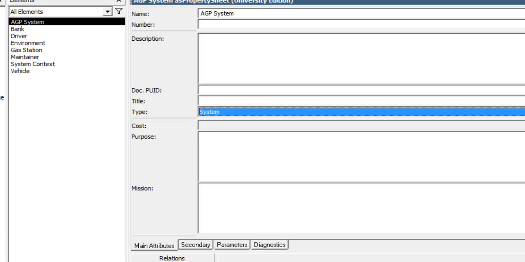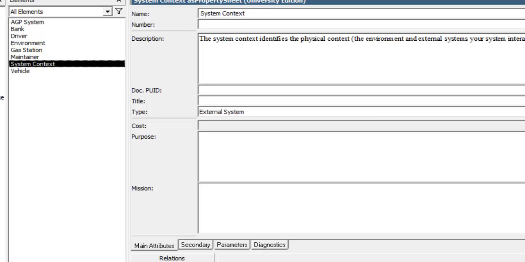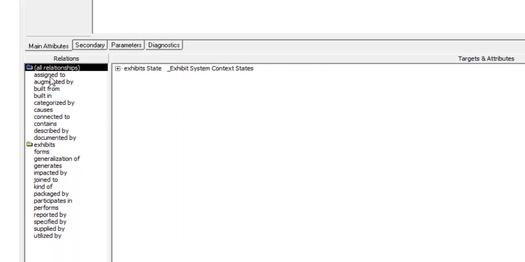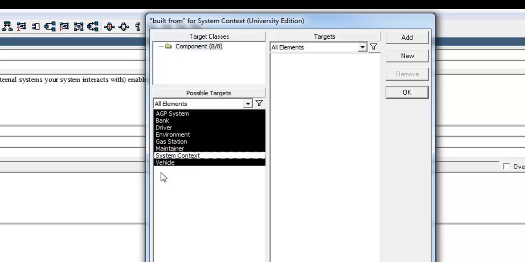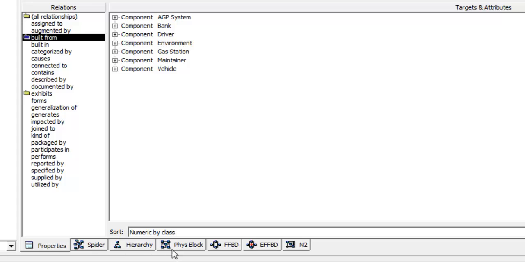Now we've chosen system from our AGP system. Now let's create the context relationship or the context hierarchy. Click on System Context, and now the system context is built from relationship. So double-click Built From, and then Shift select all of the items, add them, click OK, and then go to